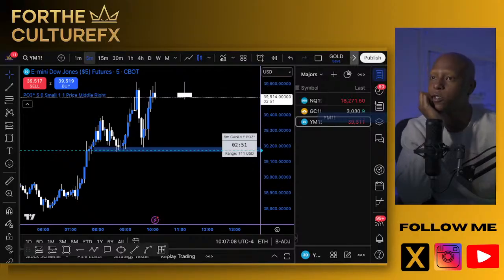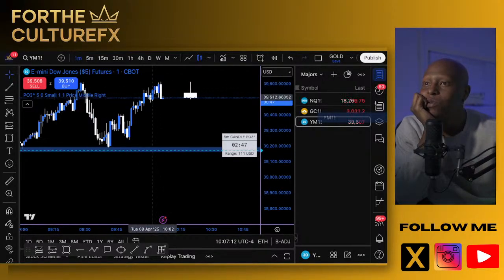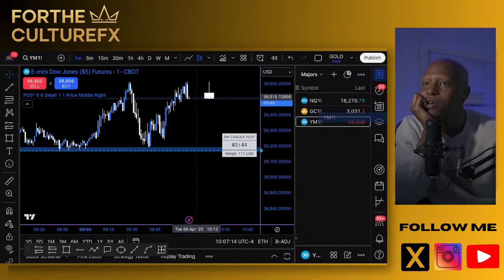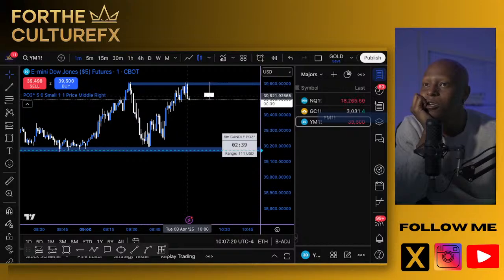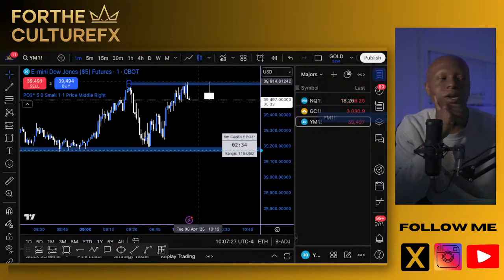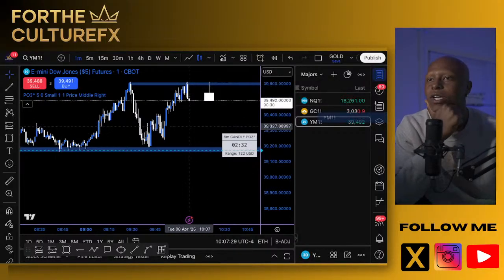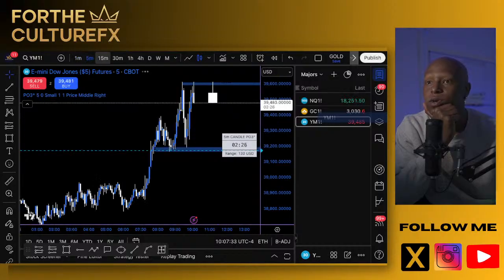Overall, structure is bullish, so this is why I don't want to scale in right at this area here, because this is a key resistance. If we would have got something a little bit smaller of a bullish 1 minute candle, we would have been able to enter our position, and then when price pushed up to here, we would have been able to move stops to break even.